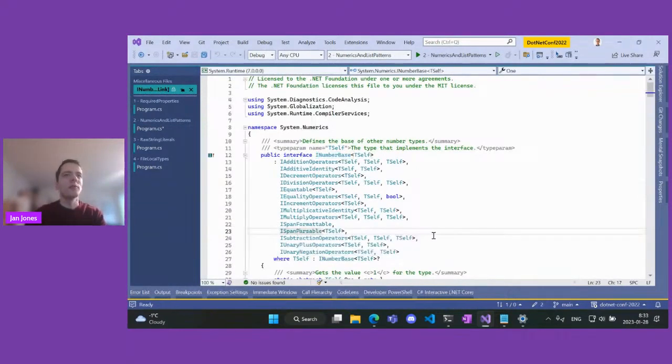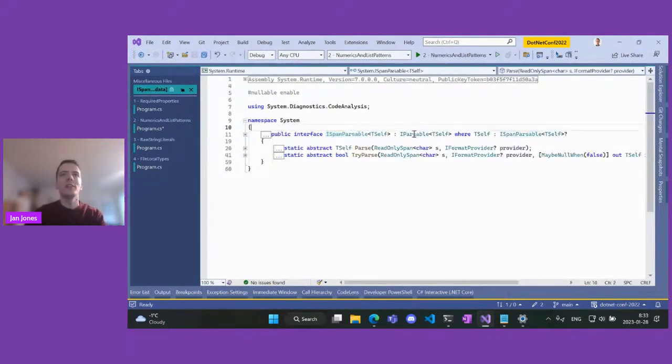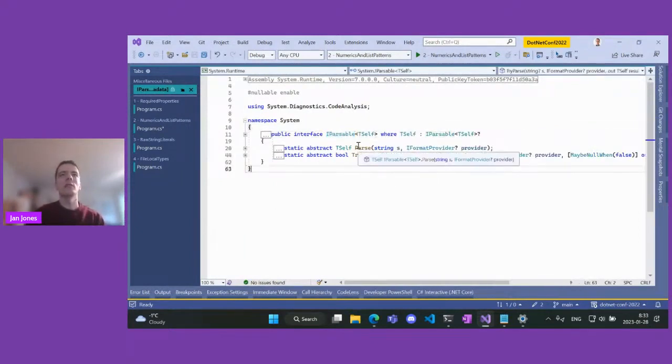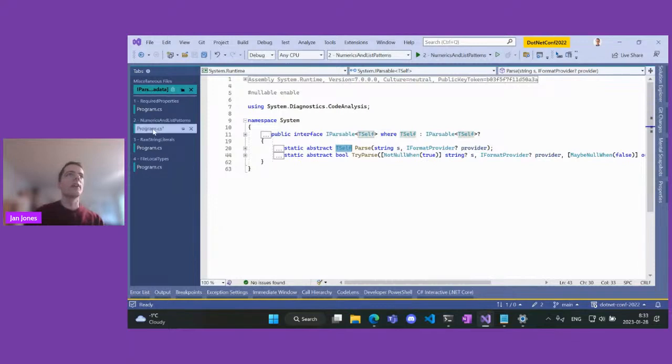There is a new interface, parsable, which is like the inverse of formatting, right? So it must be static because it creates an instance of the type, and that's also why the t-self generic parameter is here, because we don't want to return iParsable from parse. We want to return integer or double.